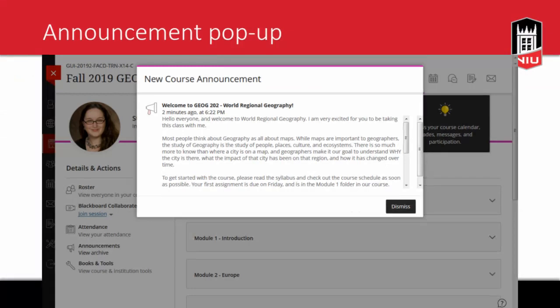All right, this is one of my favorite features in Ultra, and it's the announcement pop-up. Unlike original, where the announcements I think could be sent via email, this new announcement pop-up means that when you create a new announcement in your course, the first time a student enters that course,